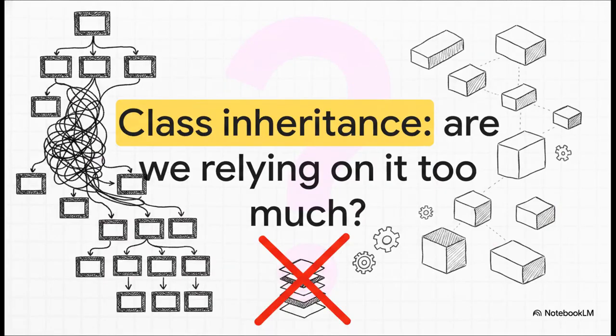Okay, let's dive into this, because it challenges a core assumption many of us have held for literally years. Is pure object-oriented programming, and particularly our heavy reliance on class inheritance, really still the ultimate solution for code reuse and system design? As developers, we've basically been conditioned to build these deep, intricate family trees of classes to solve our problems. But as you'll see today, that default reflex might actually be holding our modern systems back.